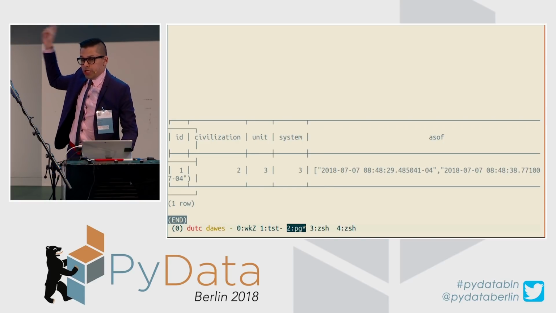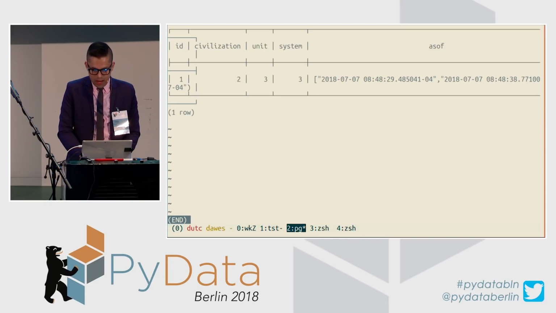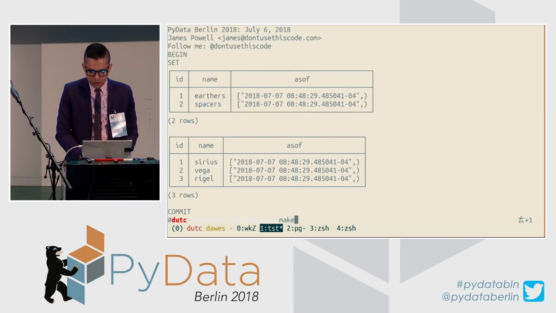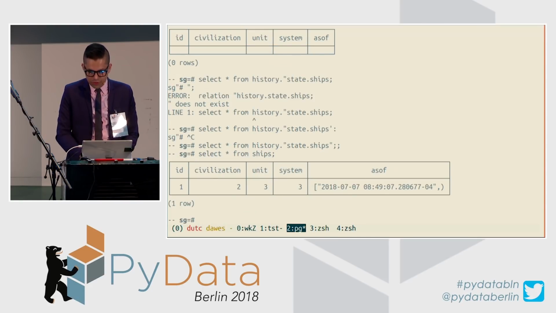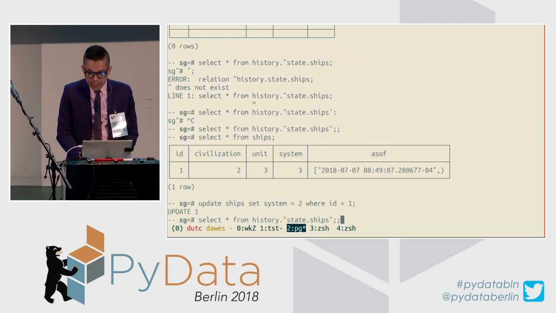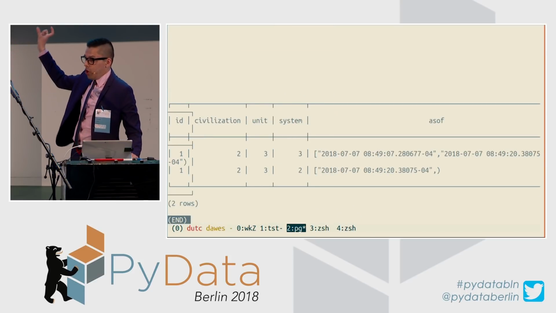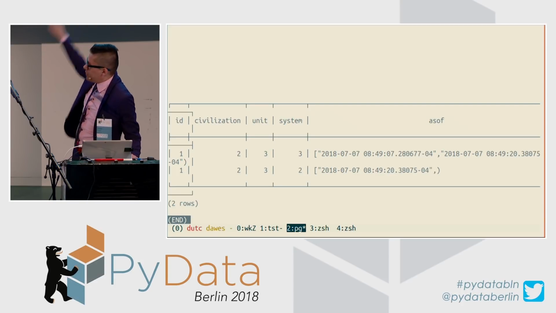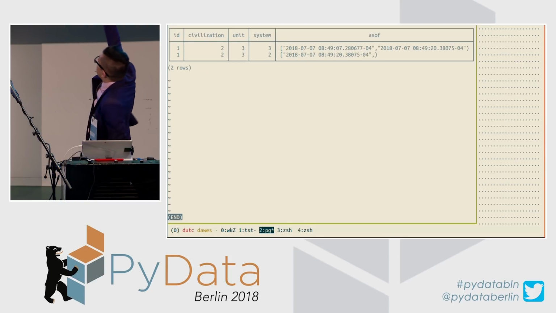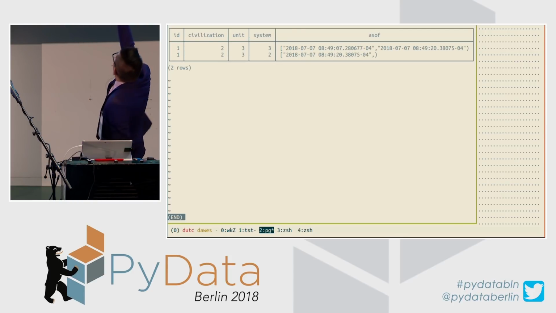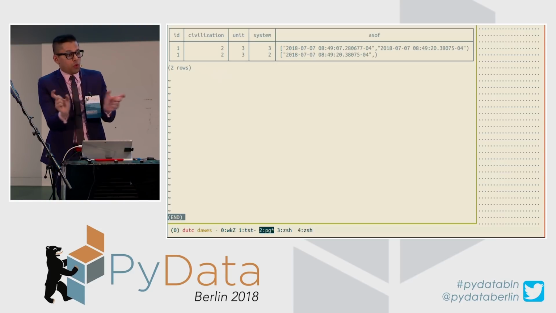So every time a record is changed, I get that record stored automatically for me. I'll show you that again. Here's my ship. Let's update the system. Let's say it moved. Right? If I look at my history table, what I can see is I stored all the information about the history of this. And this uses a feature in SQL called table inheritance. What happens when I query from this table is I actually see the entire historical view of everything that happened. And that as of column is a date range for when that row was active.